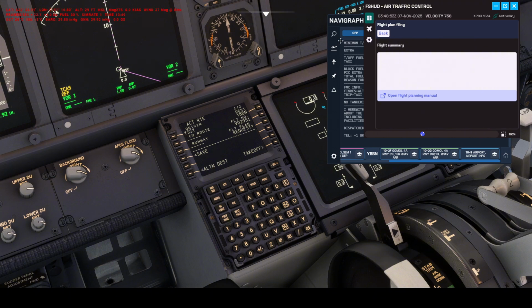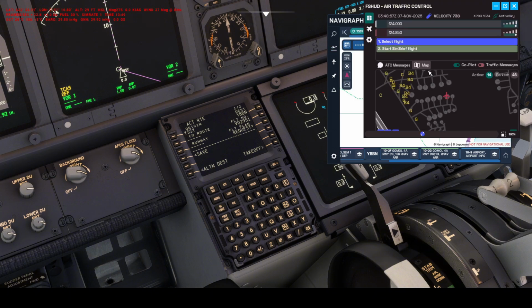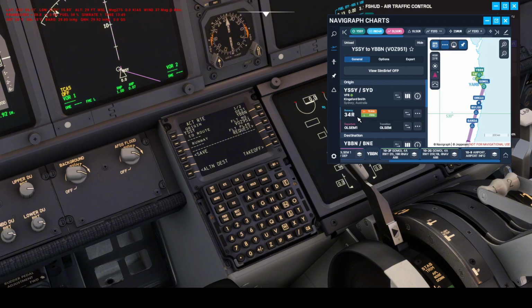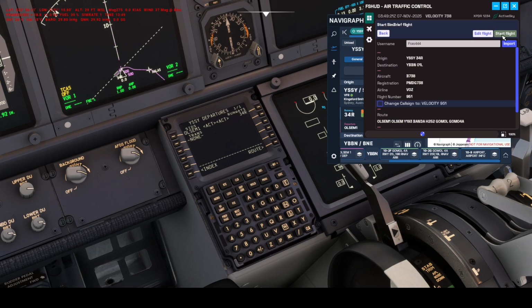And we'll just import our flight plan. Not that, we'll just get this set up anyway for our departure. So our takeoff runway is going to be 34 right, the nice small runway that will take us out over the city, and we'll use that departure, and we'll just load up our